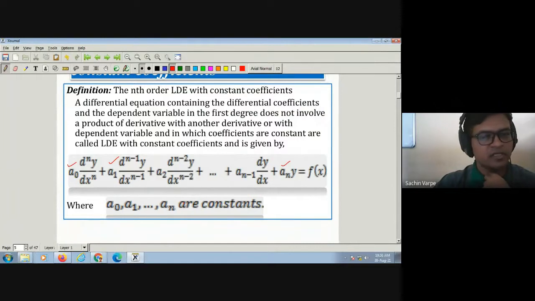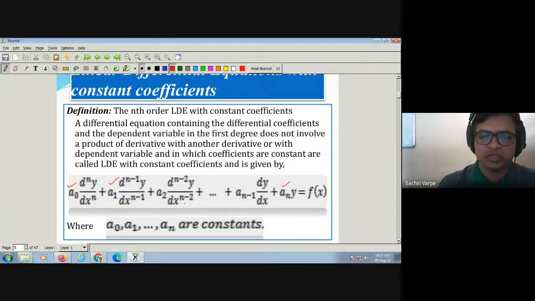The next is, now we are going to solve these linear differential equations, the solution. And I've explained in the last lecture that solution of linear differential equation is the value of dependent variable involved in the differential equation in terms of independent variable. So here the independent variable is what? X, right? Independent variable is the variable with respect to which the derivative is taken. So here the derivative is with respect to x, so that is why independent variable is x. So the solution of this differential equation will be the value of dependent variable, that is y, in terms of x, that is function of x.